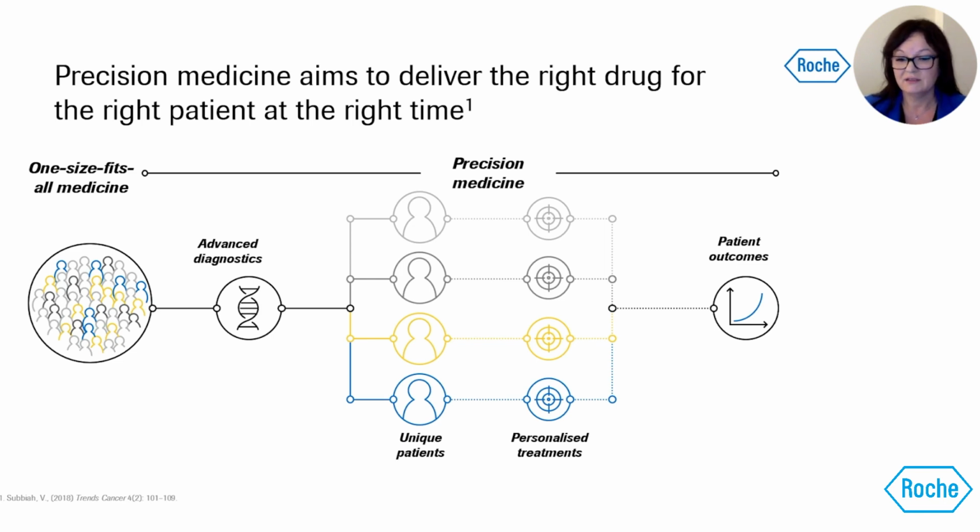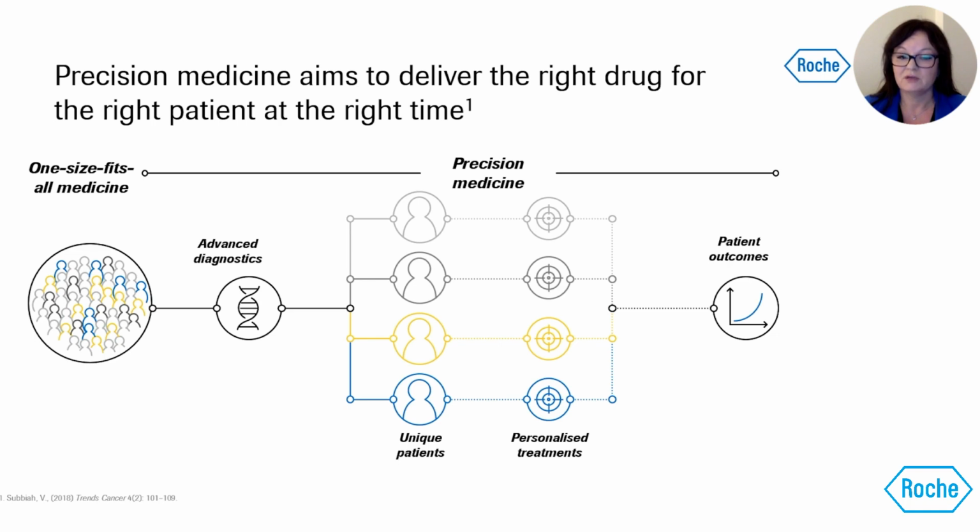Evidence suggests the NTRK inhibitors may provide clinical benefit in a subset of NTRK fusion positive sarcoma patients, and we know in this slide, advanced diagnostics, unique patients, personalized treatment,